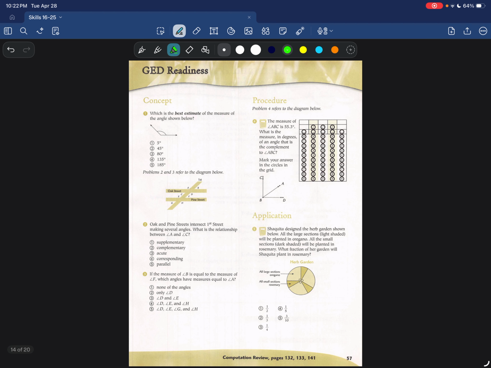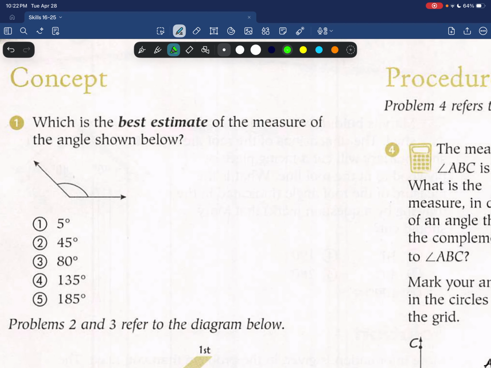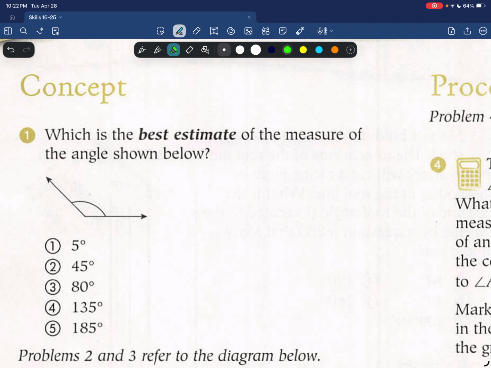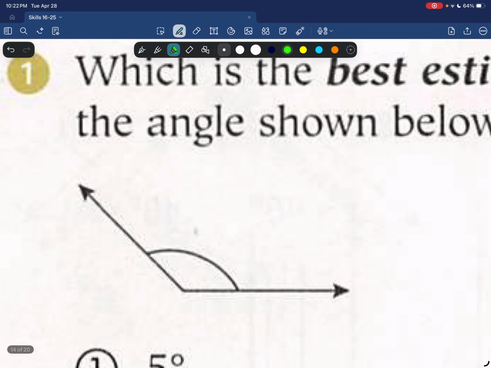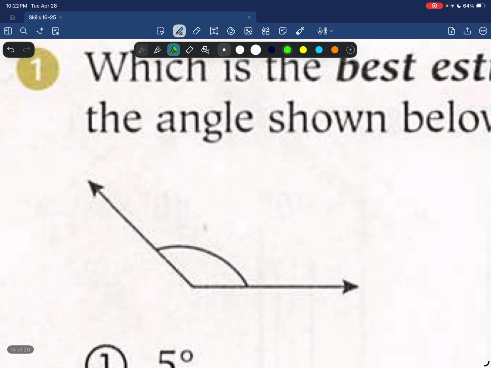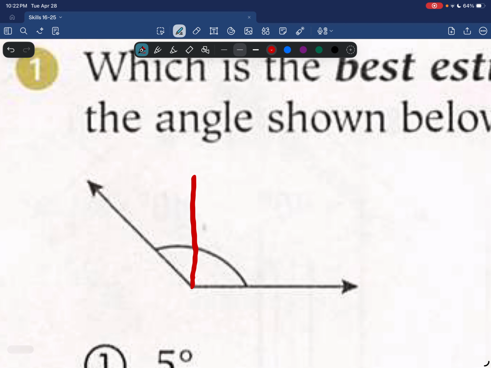All right, let's practice a little here. Which is the best estimate of the measure of the angle shown below? Now let me remind you of something that you know here. Let's put in the 90-degree line. Okay, there's 90 degrees. There's 0 degrees. Here would be 180. So this angle